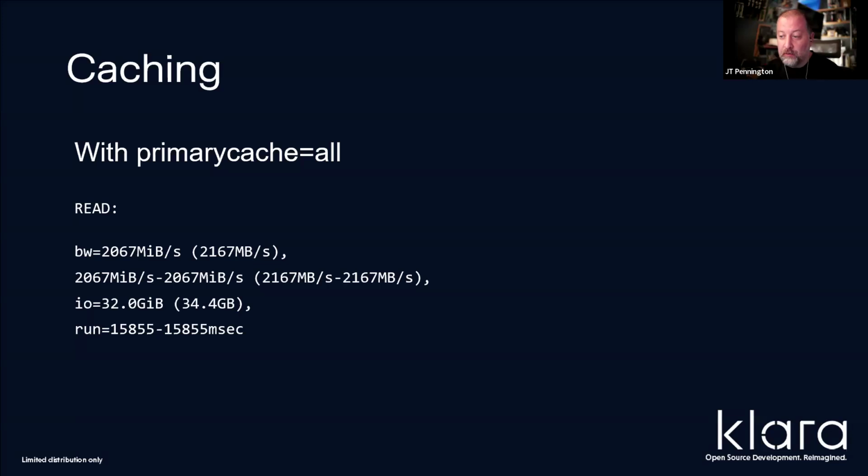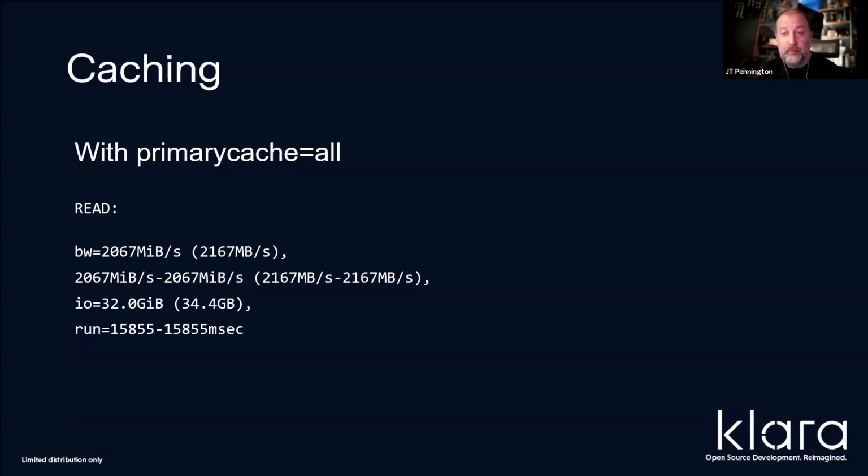And you can see that we are reading at over 2 gigabytes a second. The first time you see this, you're going to be like, oh, this is great, my system is performing fantastically. But if primary cache is set to all, you're not actually reading from the disks. You're reading entirely from RAM. And we can see this